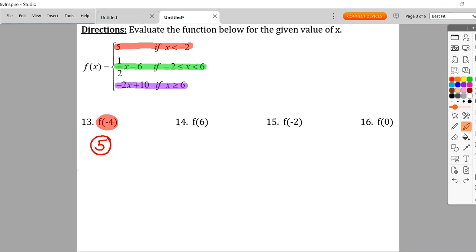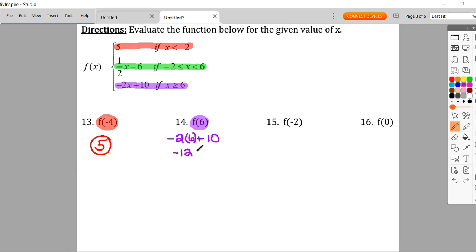Number 14 is f of 6. Be careful with this one because it has to be where the x value can be equal to 6, and that is in purple only. That's in the function of negative 2x plus 10. But remember, I know my x value now to be 6, so I erase and replace that x value with a parentheses of 6. Solve with your PEMDAS or GEMDAS order of operations, which means I multiply first to get